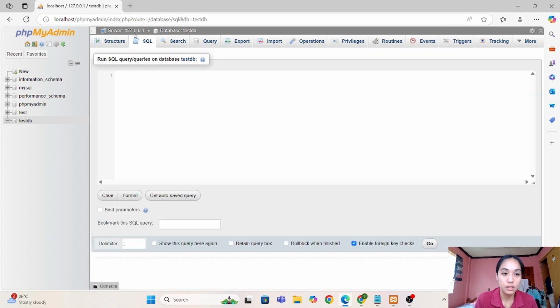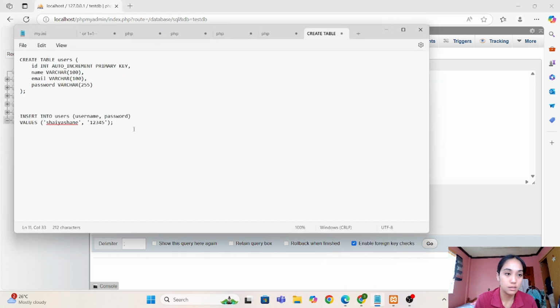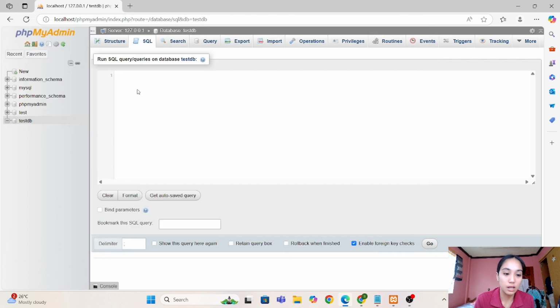then create a table, and mag-i-insert na rin ako ng data.